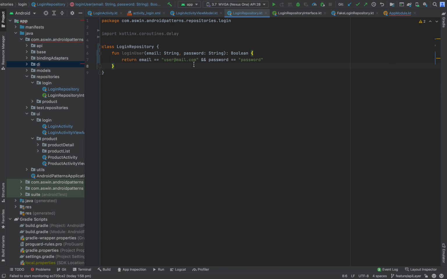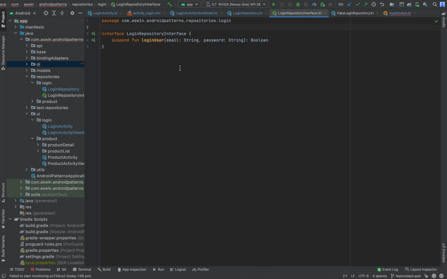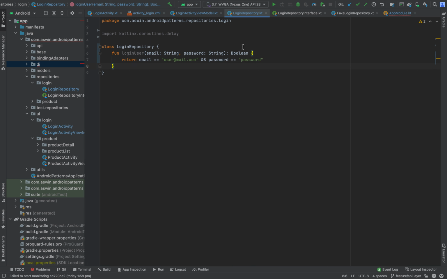For that, we can simplify this by creating a login repository interface. This login repository interface will have all the functionalities for the login repositories. It will have a suspend function as we are going to use Kotlin coroutines, and we can simply implement this login repository interface in the login repository class.